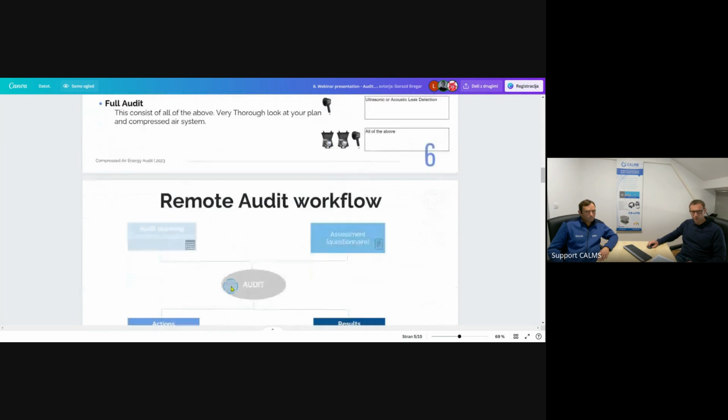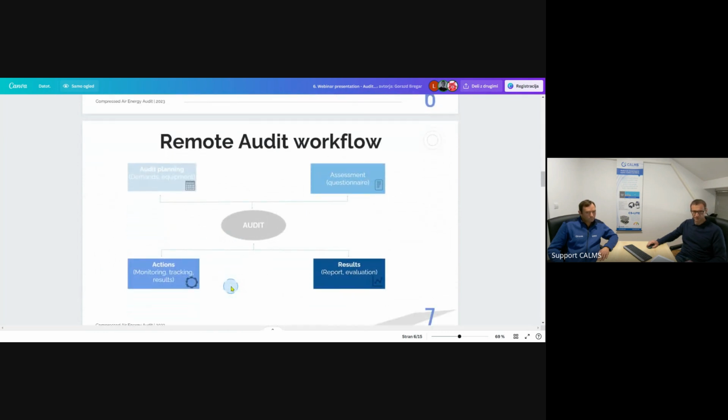So to start with this, we need to follow some workflow. First, we need to prepare for the audit, and today, the introduction meeting is designed for collecting all the necessary data that are needed for performing a really good audit. Collecting the data about the compressor room, the piping, the end users, application, how you use the air, and to identify where the potential problems in your compressed air system are, if there are any, so that we can design and select the right equipment for the next step,